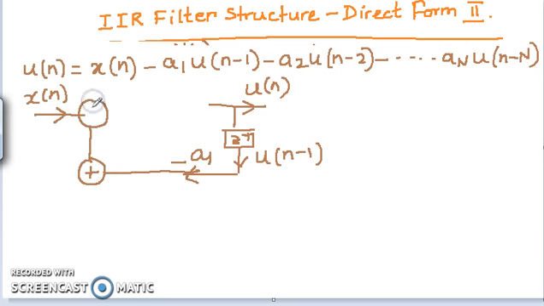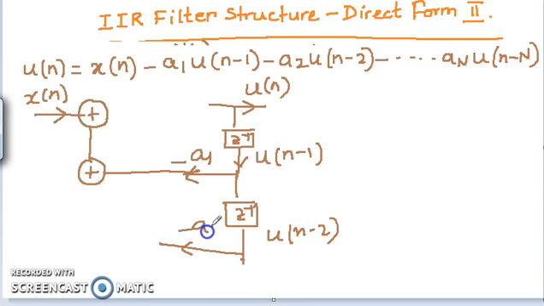Here also I am putting an adder. Now if you think that after another delay we are getting u(n-2), and if I multiply this with minus a2, I can add it with this part, and there will be the third part. So there will be an adder here for the next part, and this part will come to this adder. In this way we are going to get the value of u(n), because u(n) is basically x(n) plus these up to